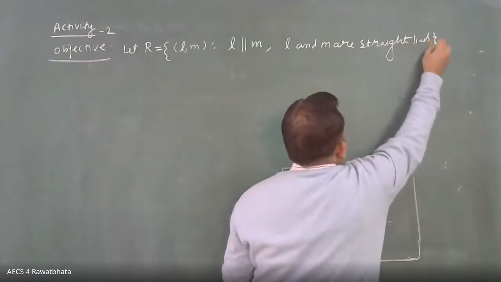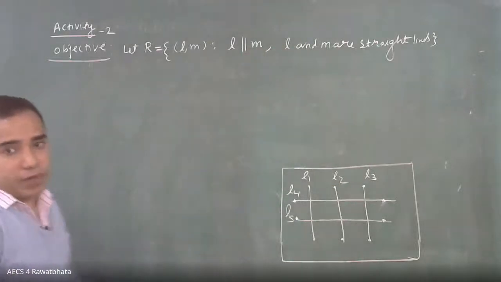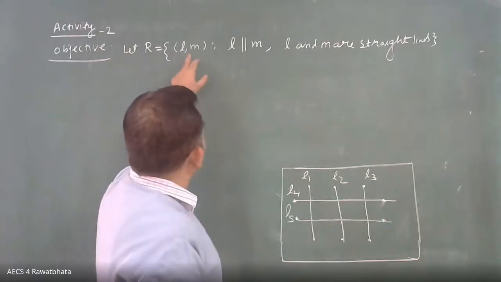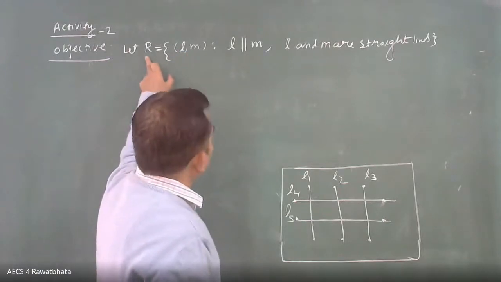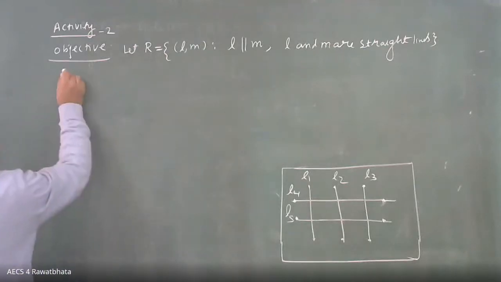ठीक है, एक प्लेन लिया, उसमें बहुत सारी स्ट्रेट लाइंस भरी पड़ी हैं. उस सेट में मैंने एक ये रिलेशन डिफाइन किया कि two lines will belong, the ordered pair containing 2 lines will belong to this relation if they are parallel. This is to verify